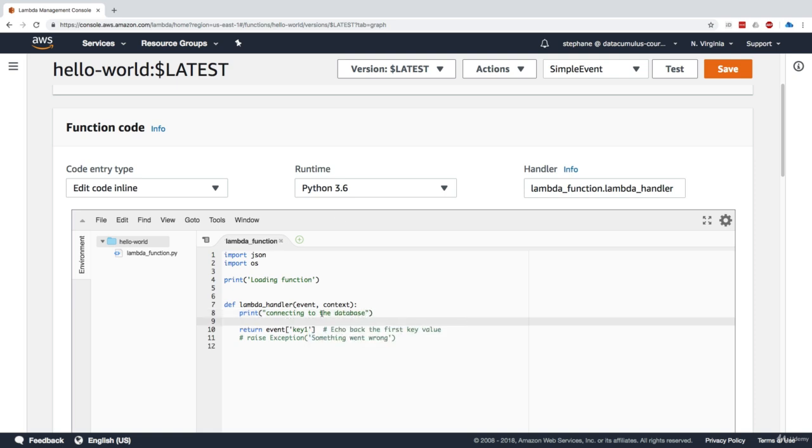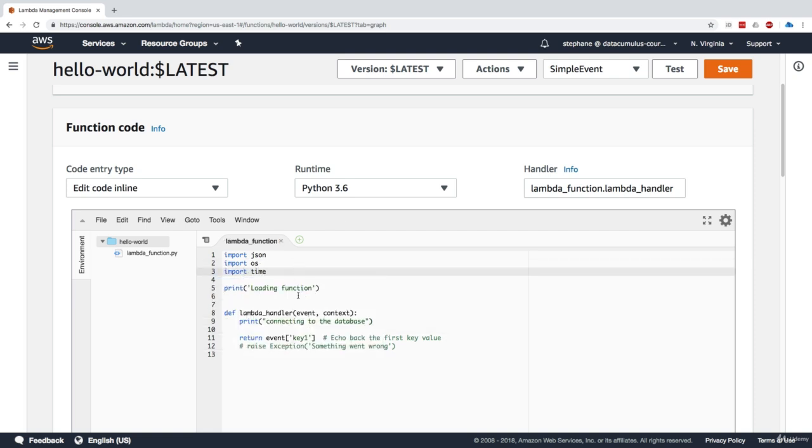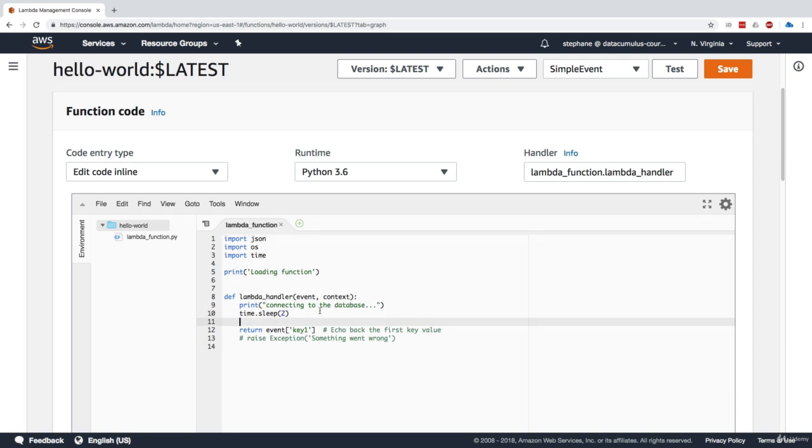The first thing we do when we call our Lambda function, and this is the bad way of doing things, is connect to the database. I'm going to import time, and I will simulate connecting to the database as taking 2 seconds. Then I'll print connected to the database, because we have indeed connected.